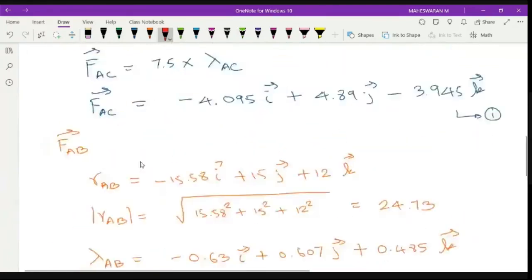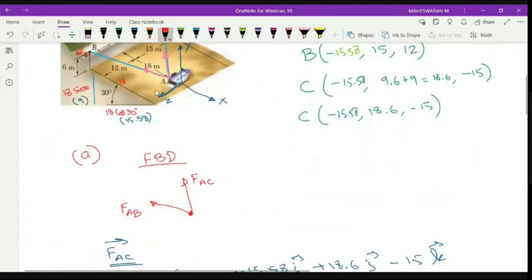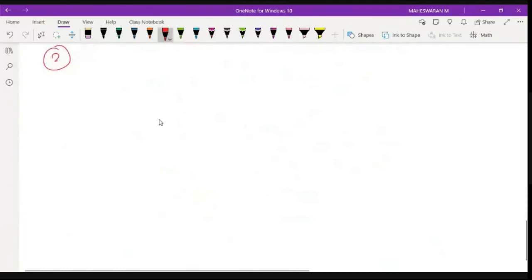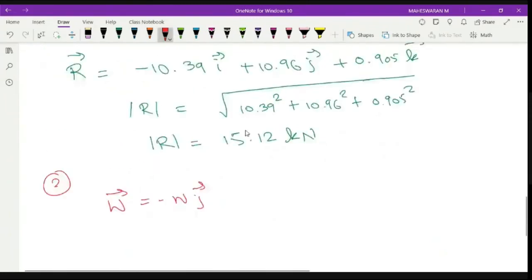So second subdivision, you have a weight now. You have a weight which is acting downwards, which is W. I don't know what is the weight. The same force, it is in equilibrium state, right? Your truck is not moving, but it is in equilibrium state. In that case, you have to identify what is the weight of the truck. So only thing is I have to add one more W vector. This W vector is nothing but minus W J vector because it is directly acting downwards.